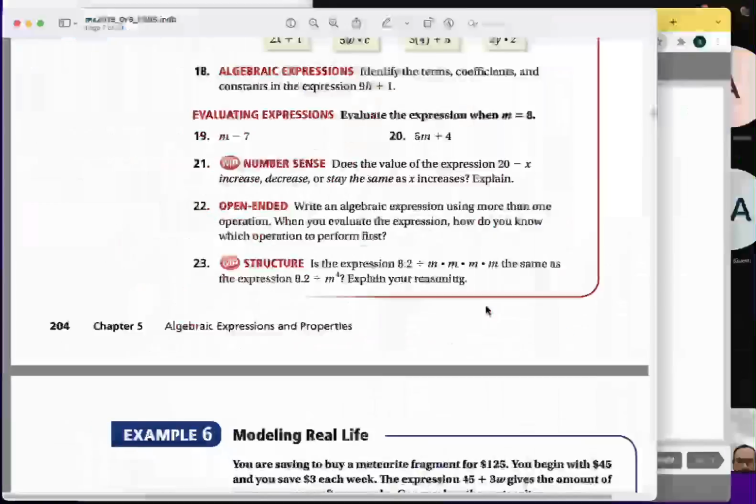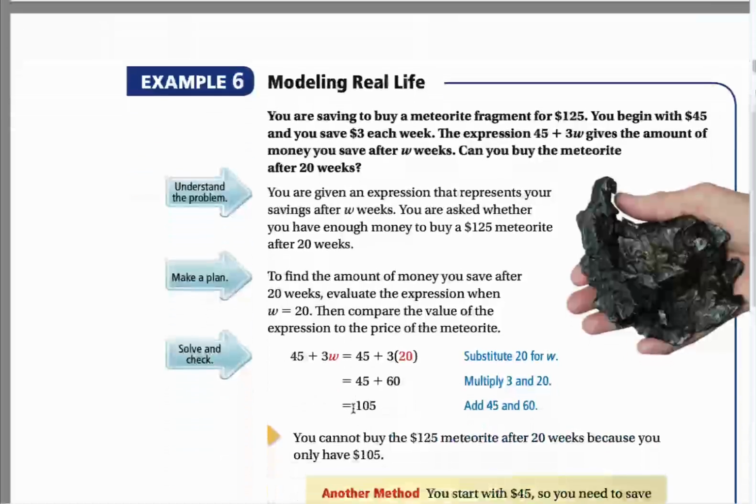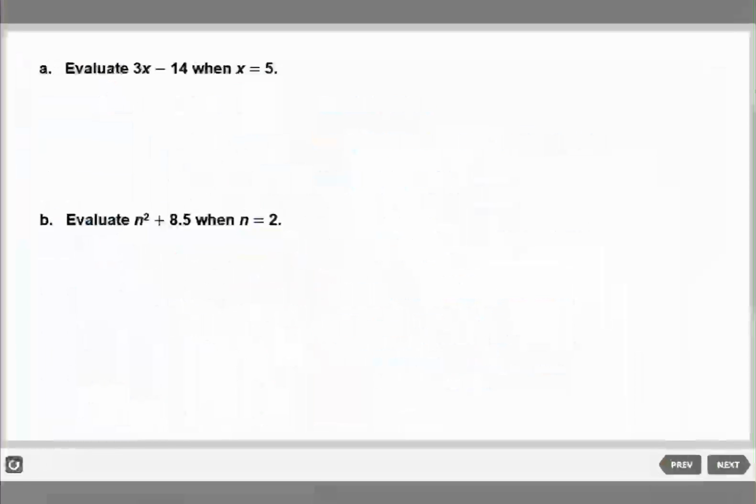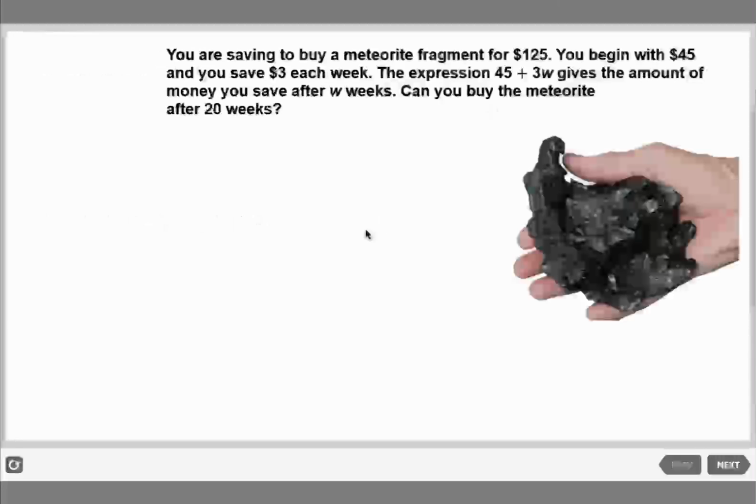In the next page, we have this life problem. Guys, please mute your mics. Faris, mute your mic. You're saving to buy a meteorite fragment for $125. You begin with $45 and you save $3 each week. The expression 45 plus 3W gives the amount of money you save after W weeks. Can you buy the meteorite